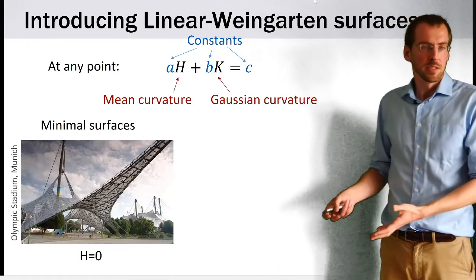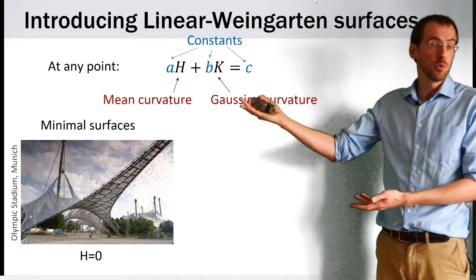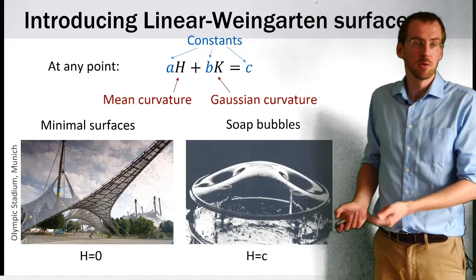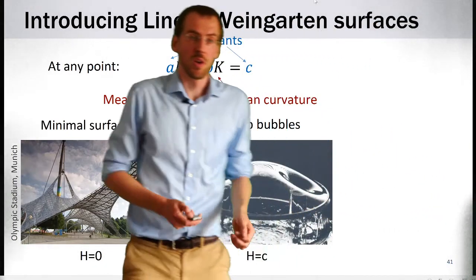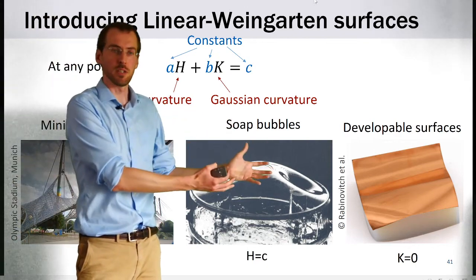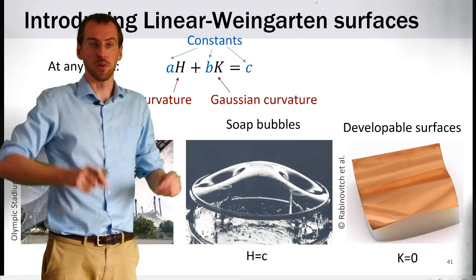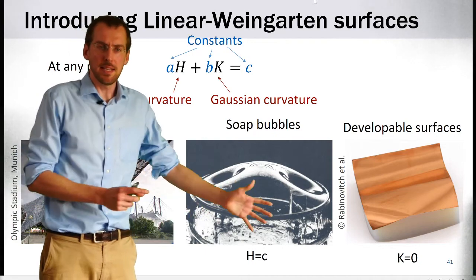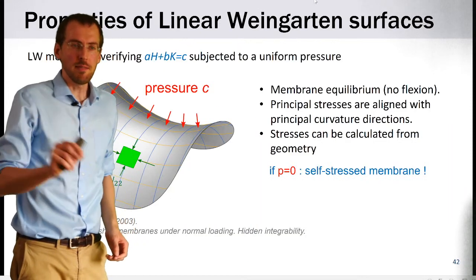And as you would, for example, choose parameters B and C to be 0, you would recover with that relation minimal surfaces. If you choose only B equal to 0, you would recover soap bubbles. But if you choose A and C equal to 0, you get surfaces with 0 Gaussian curvature, which are actually developable surfaces, the shapes taken by sheets of paper. And by taking other values, you actually get a bunch of surfaces interpolating these well-known families of surfaces. And now, even better,